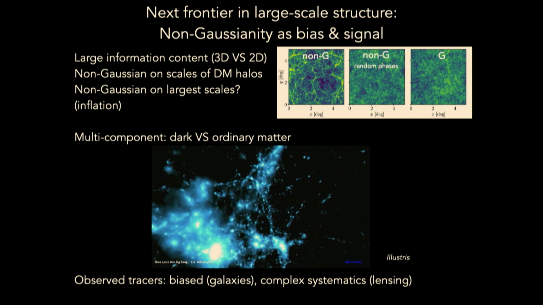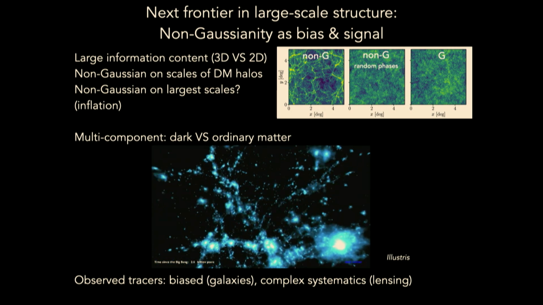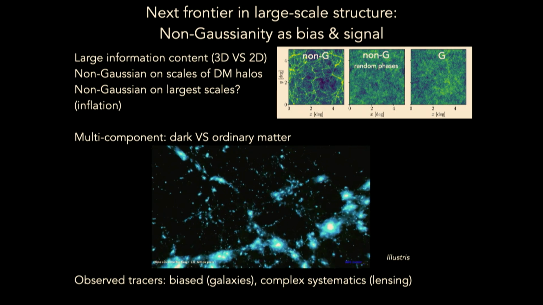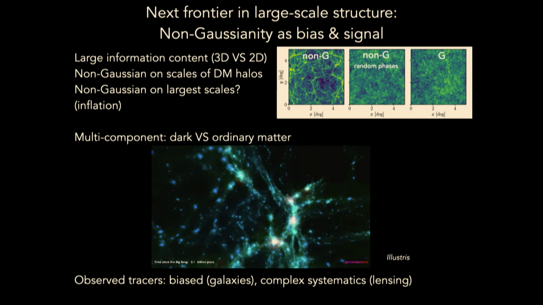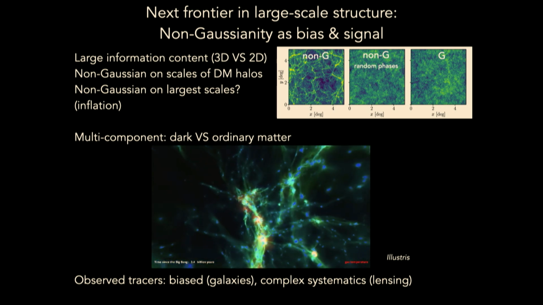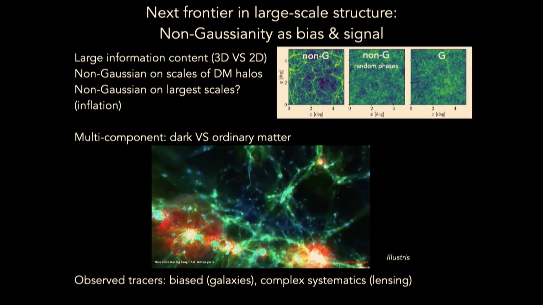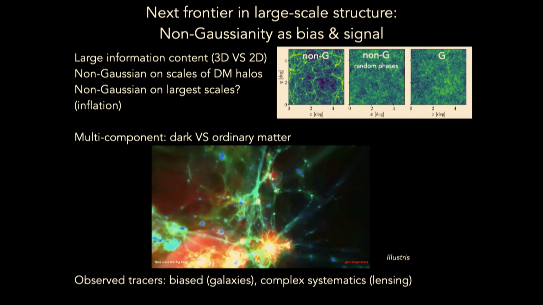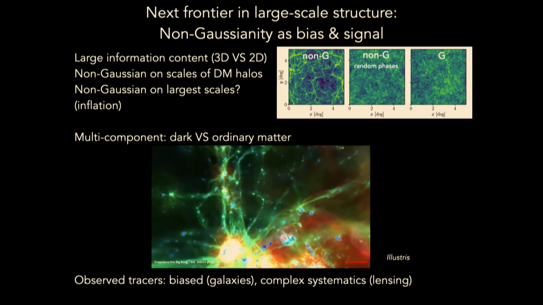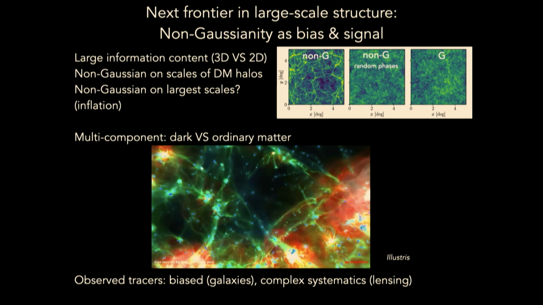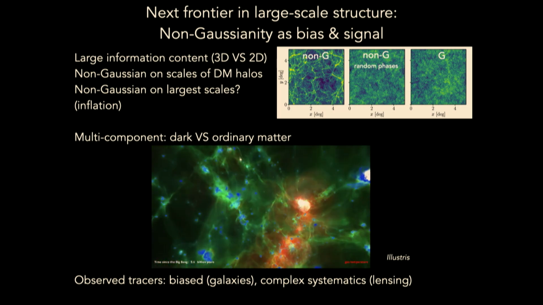Finally, what I'm trying to show in this animation from a cosmological simulation is that the properties of the dark matter that you see here in blue do not match those of the ordinary matter that you see here in red and green in these fireworks. And the fact that our tracers of the universe actually only trace one or the other is one of our